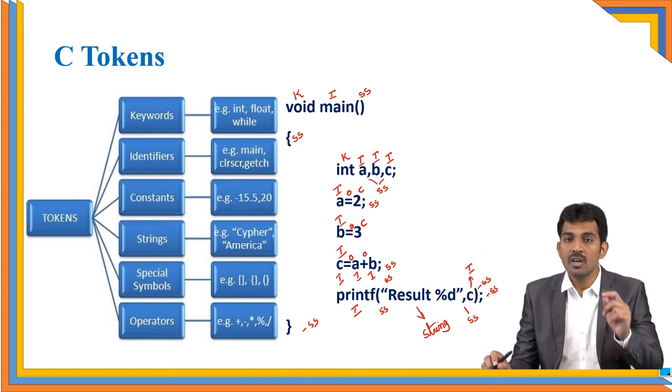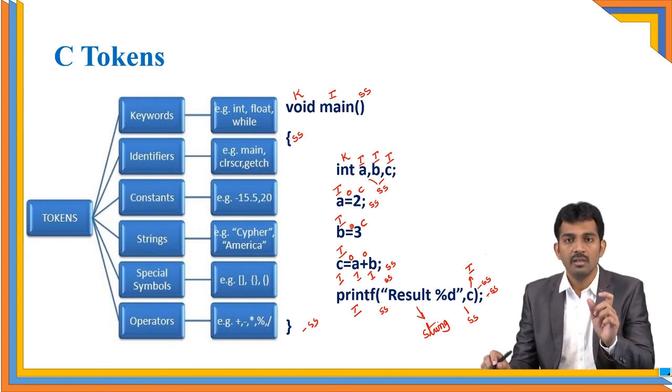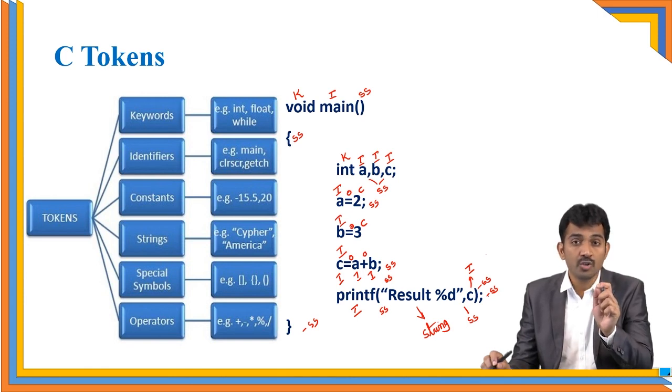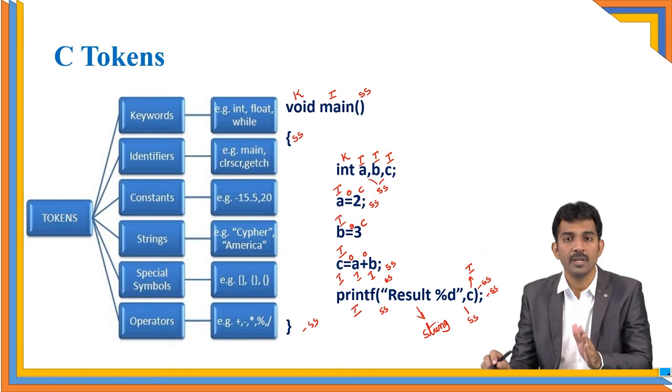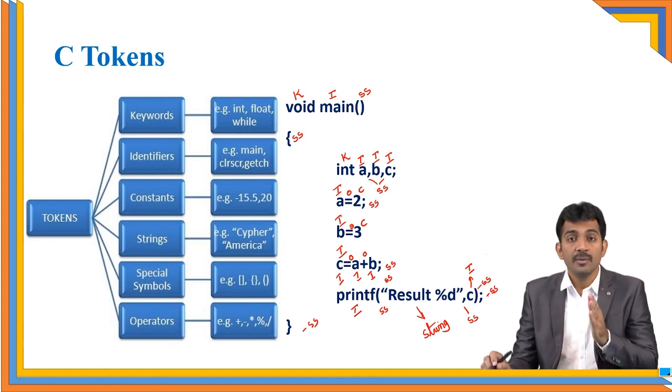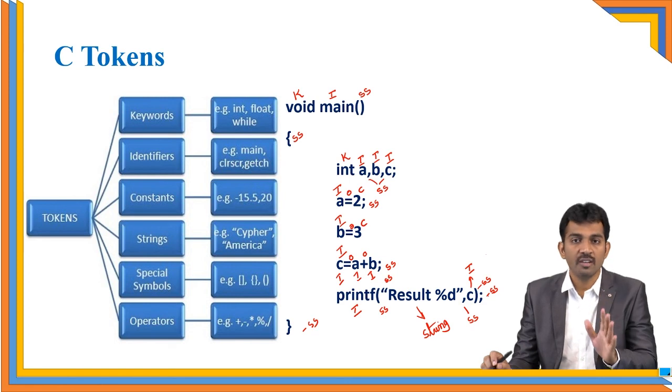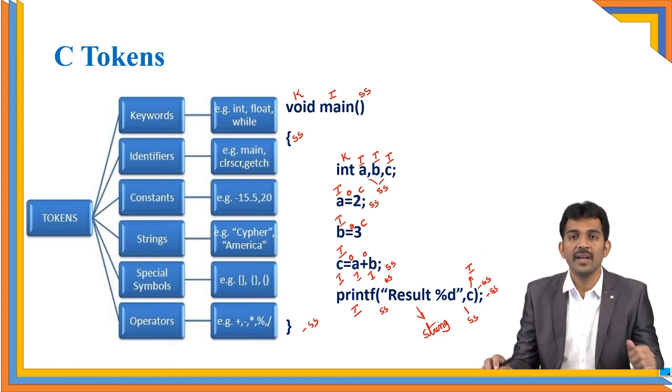That is very, very important, because please remember, if you want to learn the programming language, you should be very careful about why you are writing a particular token, a particular part of the program. Even a comma, without knowing, don't write it. You should be very clear before writing a comma: yes, I am going to write this comma for a particular purpose. You should learn that. Then only are you able to build logic. Otherwise, it is very tough to learn a programming language. Every step you should be very clear about: yes, I am writing this step for that purpose. Like that, you have to improve your coding skills.